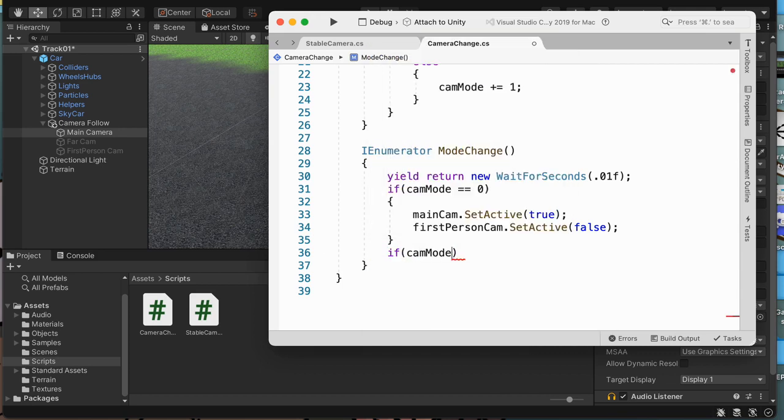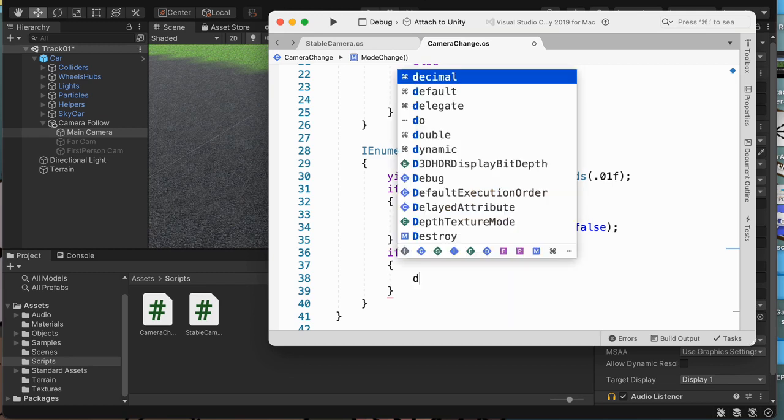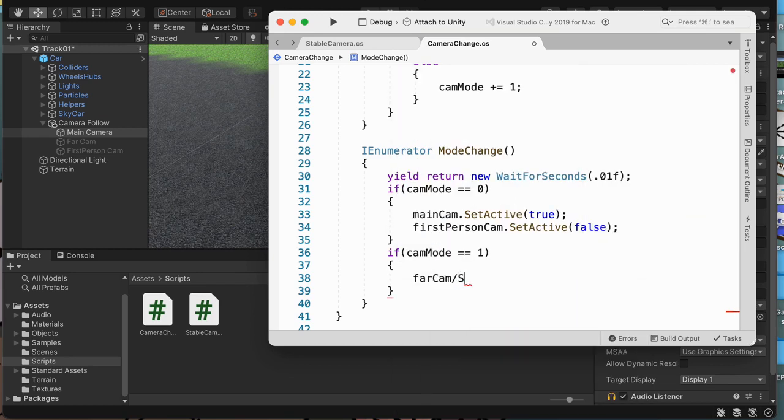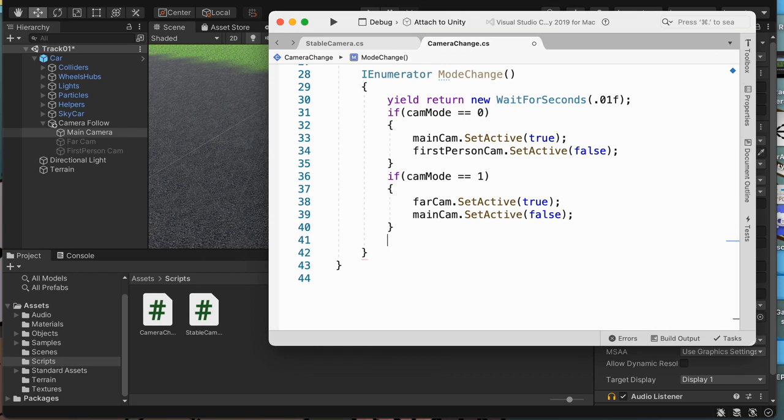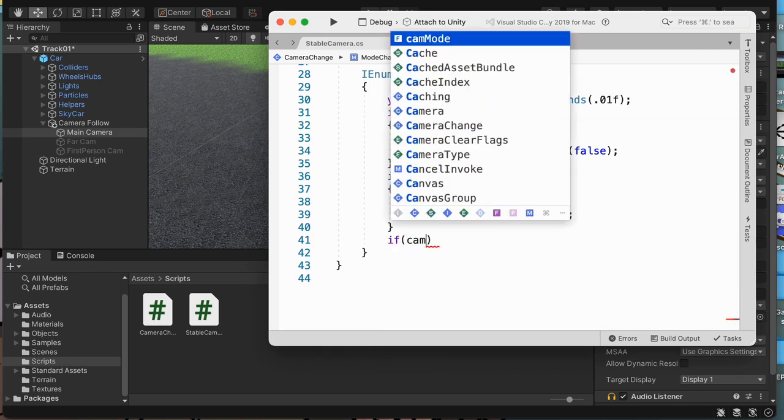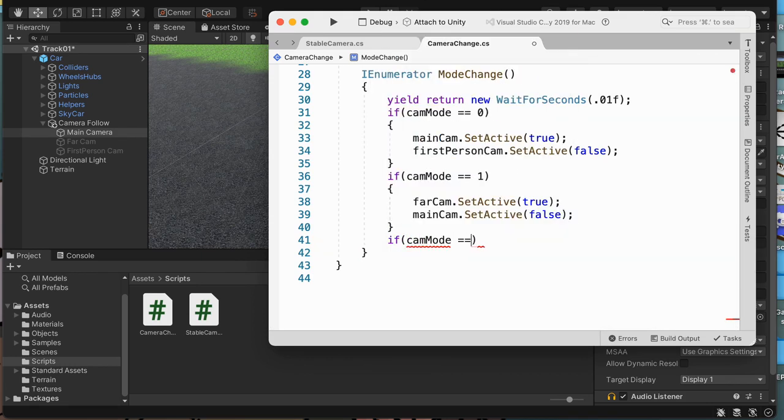If cam mode equals 1, then we want to turn off the first cam. Well, we turn on the second camera, which was our far cam. SetActive true. And we want to turn our main cam off, like this. Finally, our last case, our last condition here, cam mode equals 2,